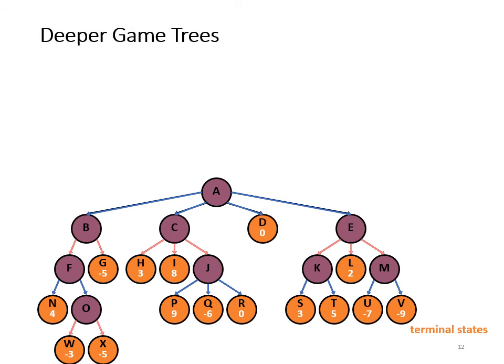So you can see this minimax example by the help of this deeper game tree example. These orange circles represent the leaf nodes, the terminal nodes, and denote their utility values. This is the turn of max, this is the turn of min. This is the turn of max, and this is the turn of min. So you can represent it like this.